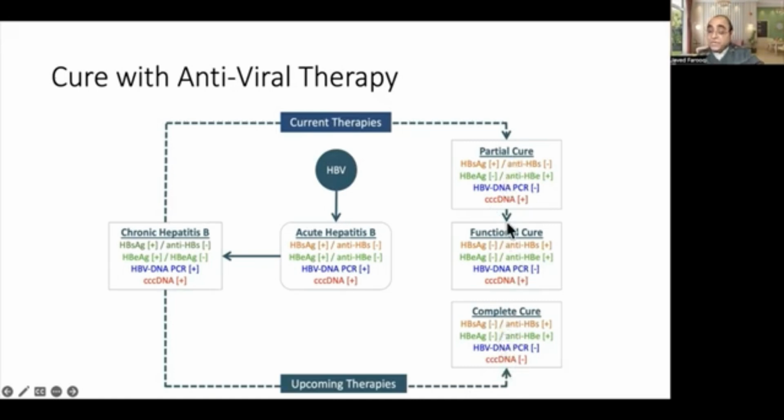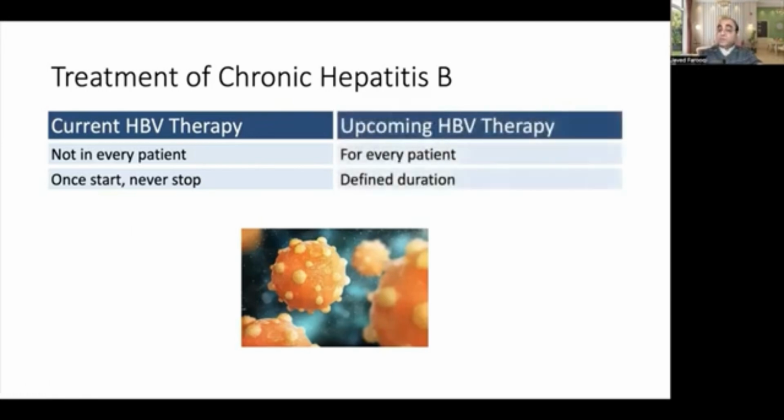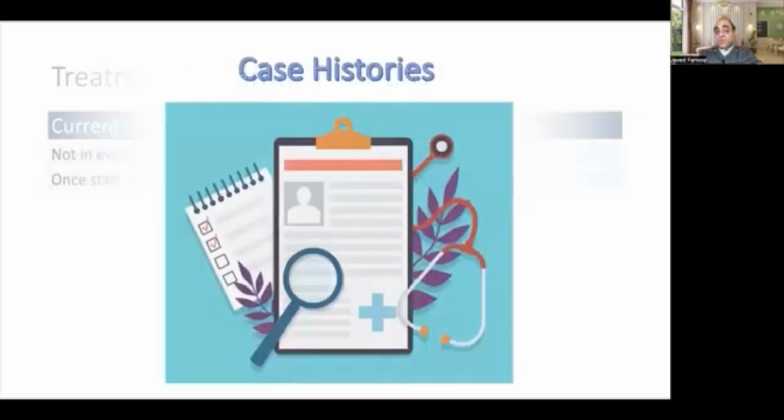So what we can get today with the current therapies is either partial cure, in terms of negative PCR and HBeAg seroconversion, or functional cure, in terms of negative PCR, HBeAg, and HBsAg seroconversion. The complete cure, where the cccDNA also becomes negative, will be possible with the upcoming therapies. So, dear colleagues, current HBV therapy is not indicated in every patient, and once started, probably you will never stop. As compared to this, the upcoming HBV therapies will be for every patient and of defined duration. So with this